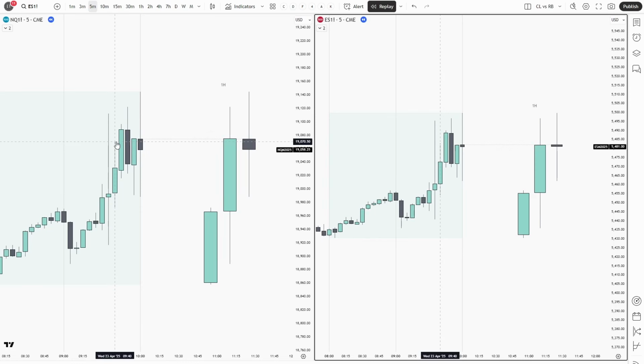For the last example, we are on the NQ 5 minute chart. On the left side we have the NQ and on the right we have the ES, and we have taken the previous candle's high on the 10 a.m. Now how do we know that this is going to be a reversal candle? It will create an opposing run and then close below it, and then we can trade the next candle as an expansion. So waiting for this to happen, and additionally we can use the SMT divergence to confirm the true